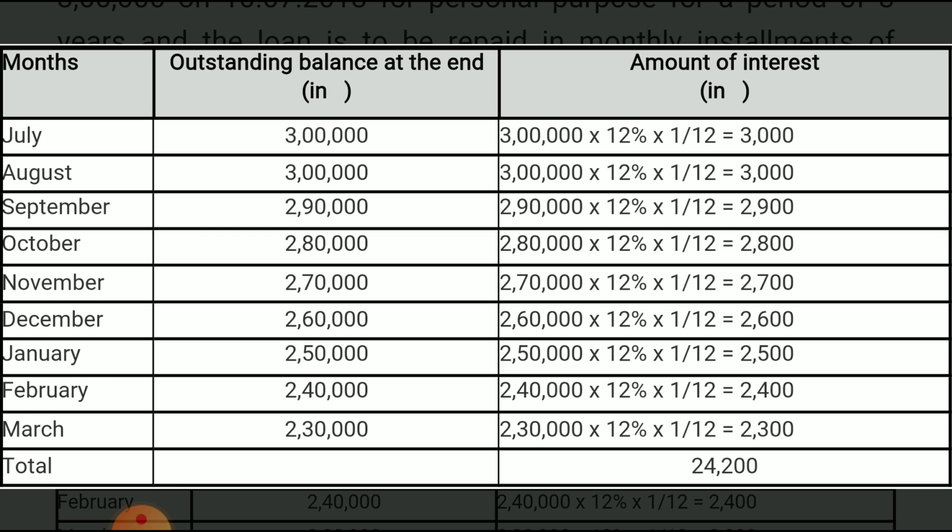That is 2,900. October again 10,000 has reduced. It is 2,80,000 at 12% into 1/12, 2,800 rupees. Similarly, till March you have to reduce. Finally March, if you see, 2,30,000 at 12% into 1/12. So it is 2,300. And the total amount of interest from July to March is 24,200. That is the perquisite value of